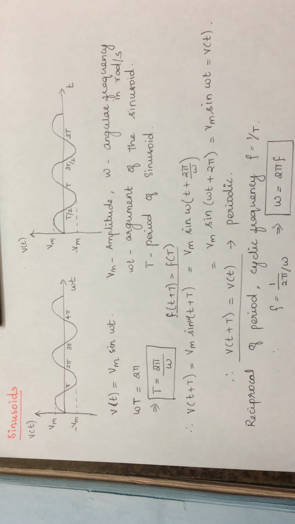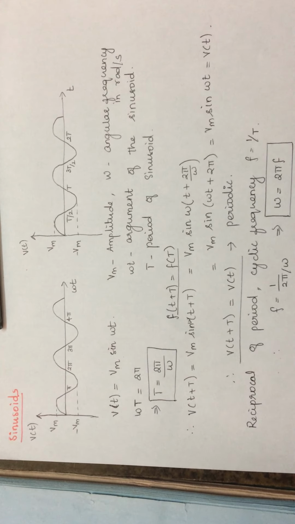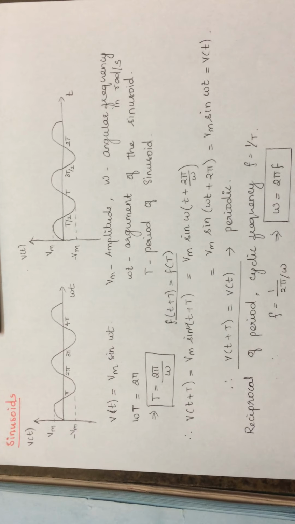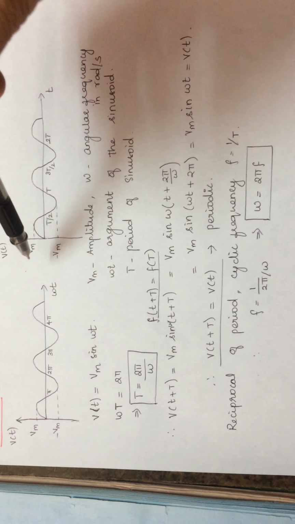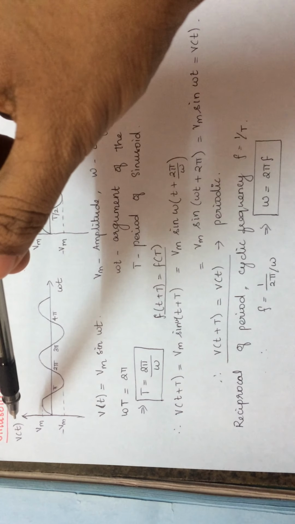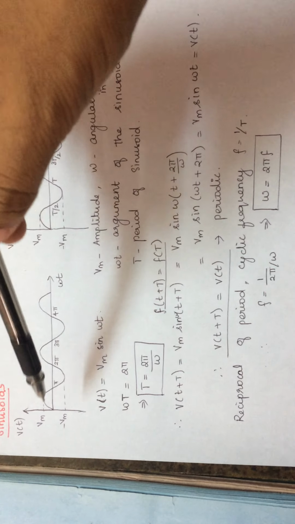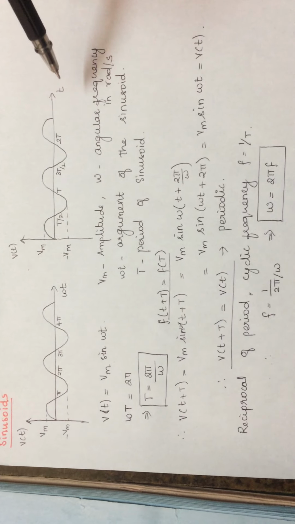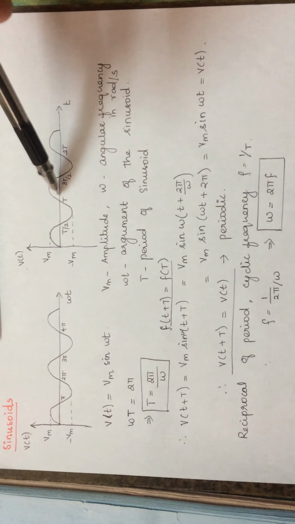So when we move on to the analysis of AC voltage and current, that is with respect to power and energy signals, all those signals remain in the form of a sinusoidal signal. Now here we have two representations of sinusoidal signals. Here you can see that the x-axis is omega t and the y-axis is the amplitude v of t, and we have a maximum positive peak of Vm and a negative peak of minus Vm, and the same is represented using t over here. So these are the two sinusoidal signals.